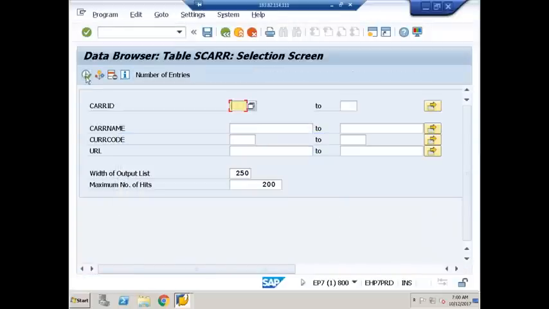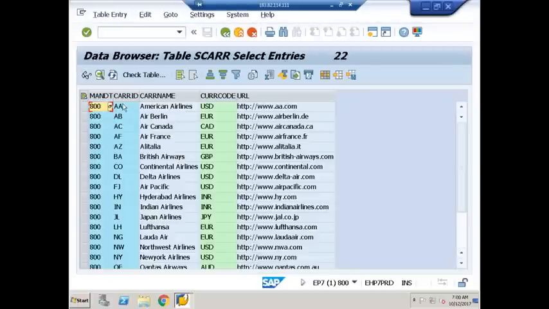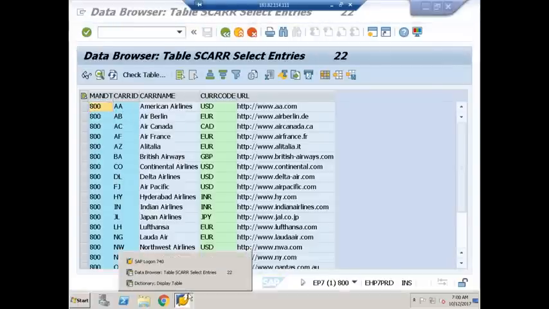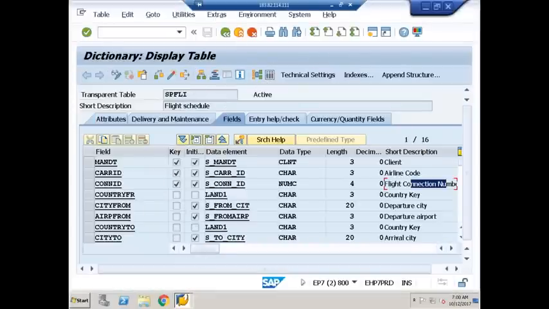22 entries are there. Done. So here CARRID is a primary key field, so you'll have unique CARRIDs here. And if you take this SPFLI, each CARRID might contain what? Multiple flight schedules. So if I go to the contents of this table,